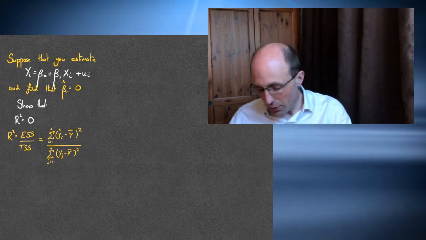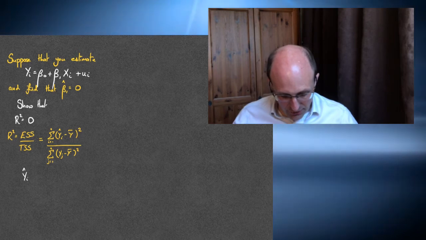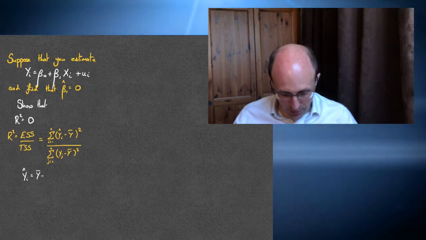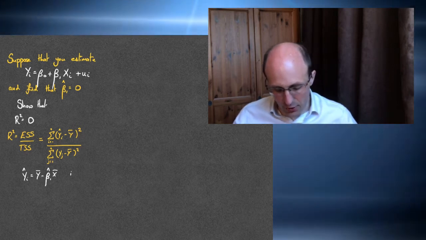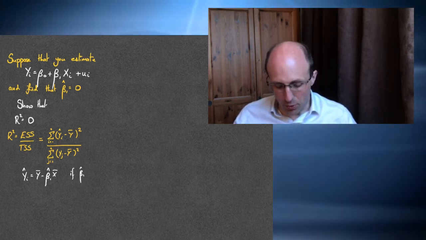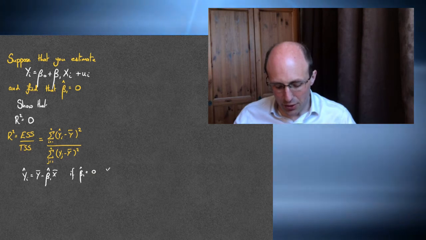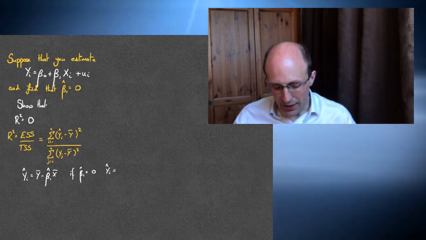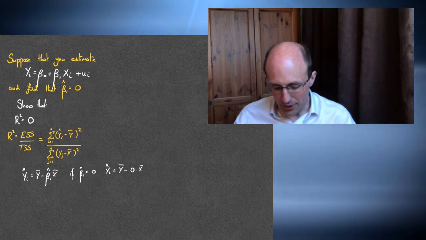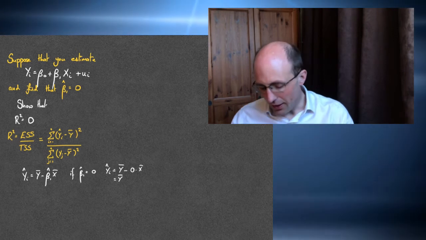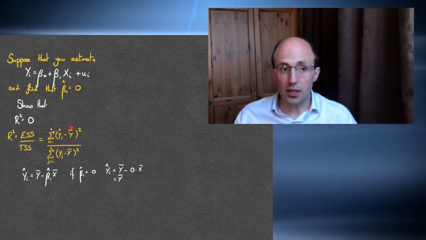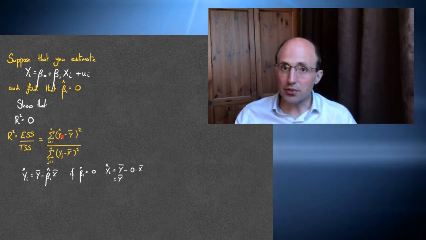You might then go on and say, well, we know that each observation of yi hat is equal to y bar minus beta 1 hat x bar. So if beta 1 hat is equal to 0, then each observation of yi hat is equal to y bar minus 0 times x bar, which is just equal to y bar. And then you can show to the students that the explained sum of squares is going to be equal to